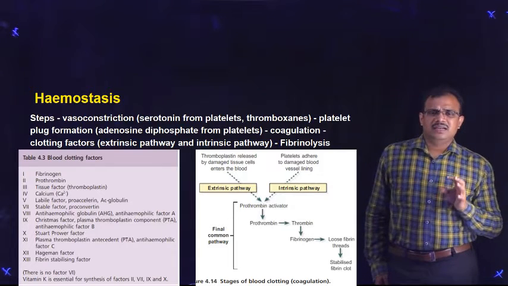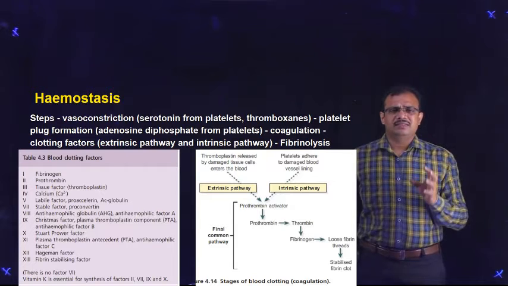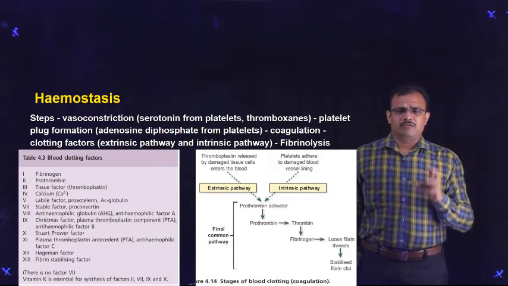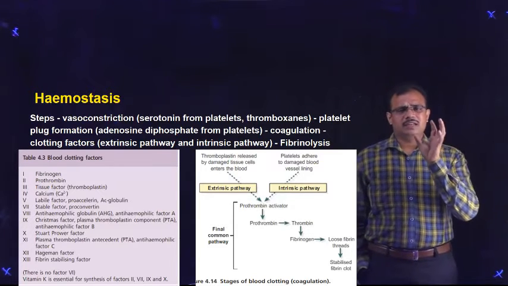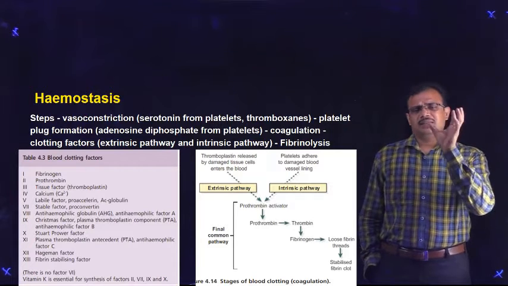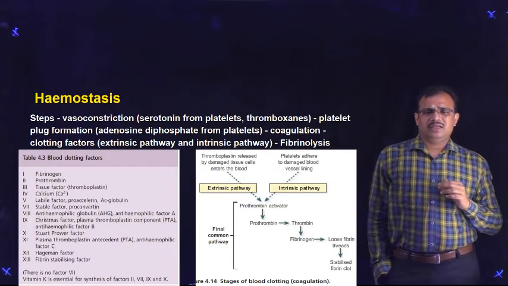fibrin threads, and this formation of fibrin threads occurs by a mechanism called clotting, and this clotting of blood leads to formation of these fibrin threads on the platelet plug, so that the platelet plug will remain to that particular damaged blood vessel, and so blood loss does not occur.